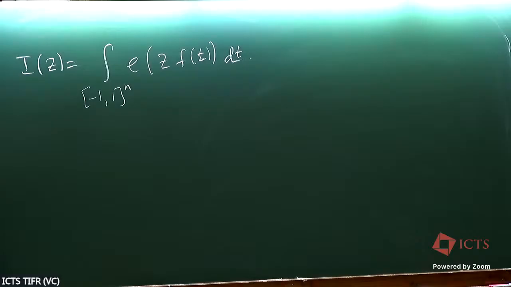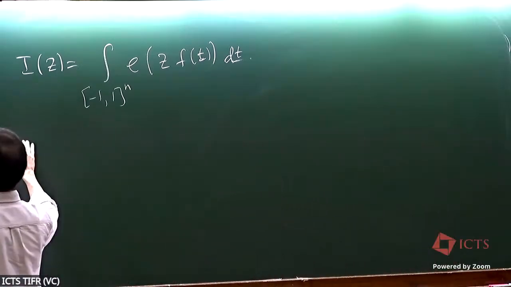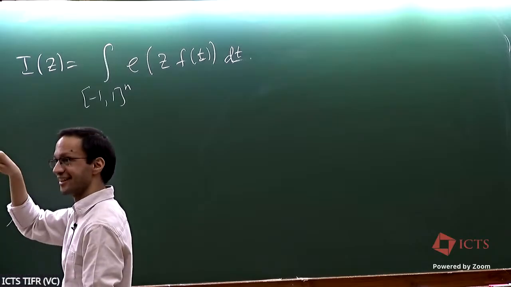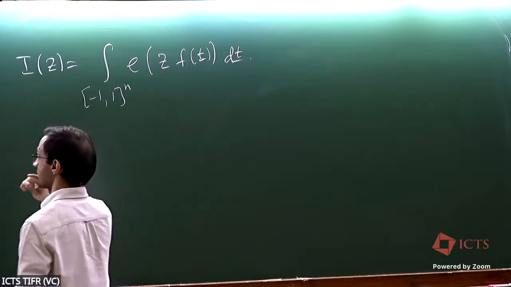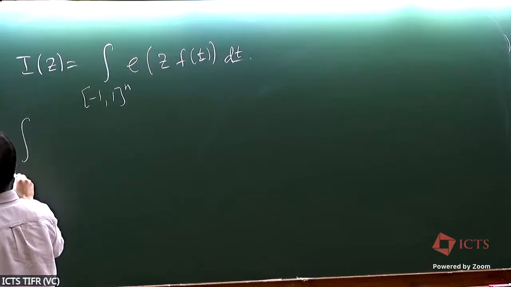Do I want to write the major arc contribution first? Okay, maybe I'll first write the major arc. Somehow there are too many things in my mind, and the last part I'm not able to plan properly. So let's look at the major arc contribution,